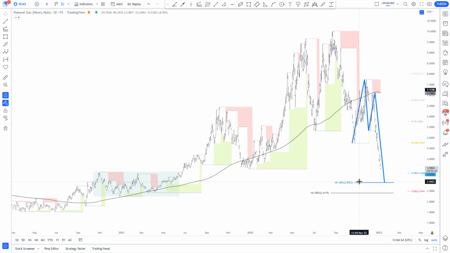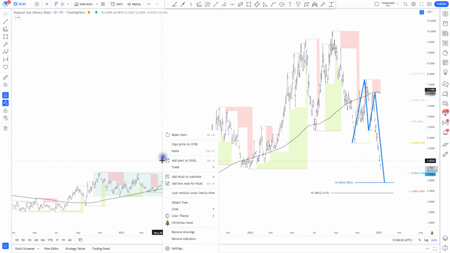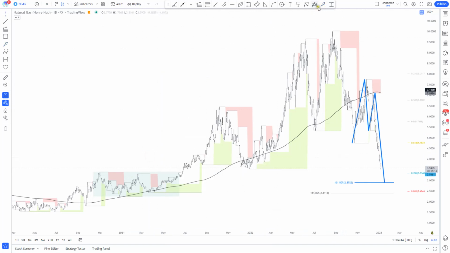It is not unusual to see a price breaking above a specific range and then at some point retesting this range again, specifically the midpoint of this range. Well, just to say that we have this crab pattern for natural gas at